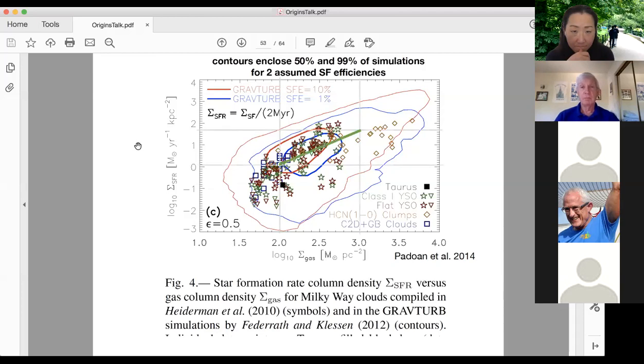And if we now overplot our empirical relation, it looks like that. So that's very encouraging. It looks like the models, in fact, predict quite nicely what we actually observe in the case of Sharpless 235, modulo some uncertainty in the assumptions, but I think you can't move that curve or the green fit very much. And so it's gratifying,